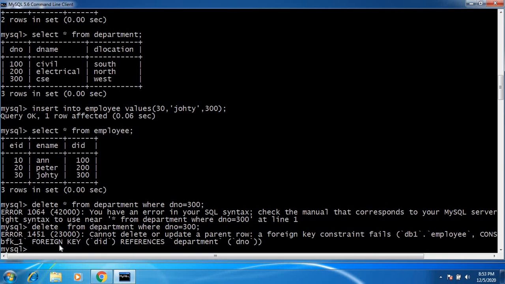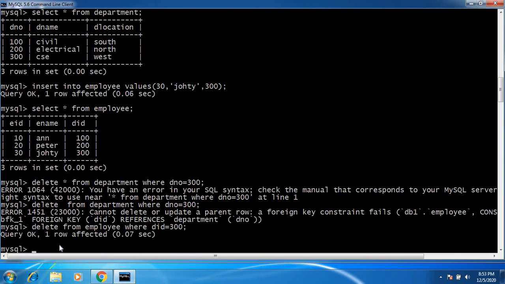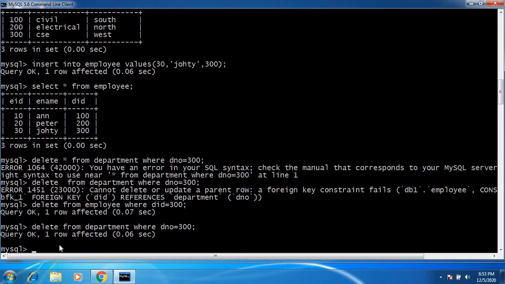So delete from employee where department ID is 300. First I deleted the child record, now I have to delete the parent record. Now the parent record is successfully deleted.